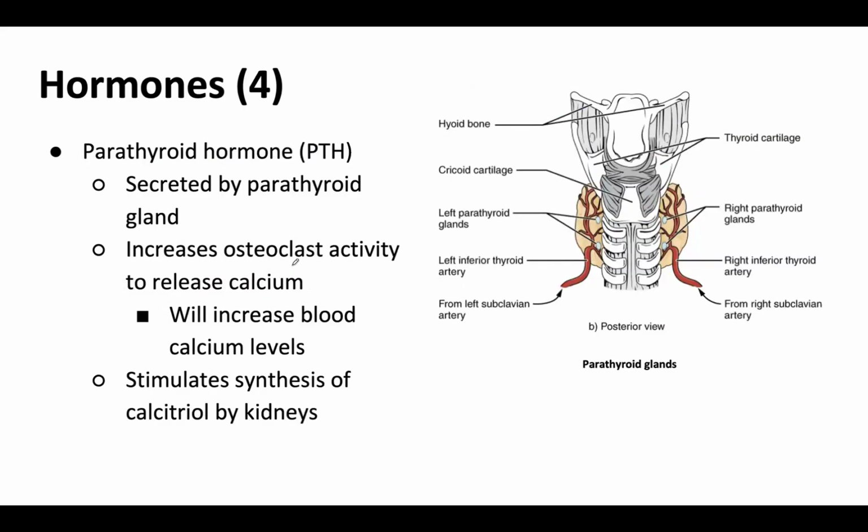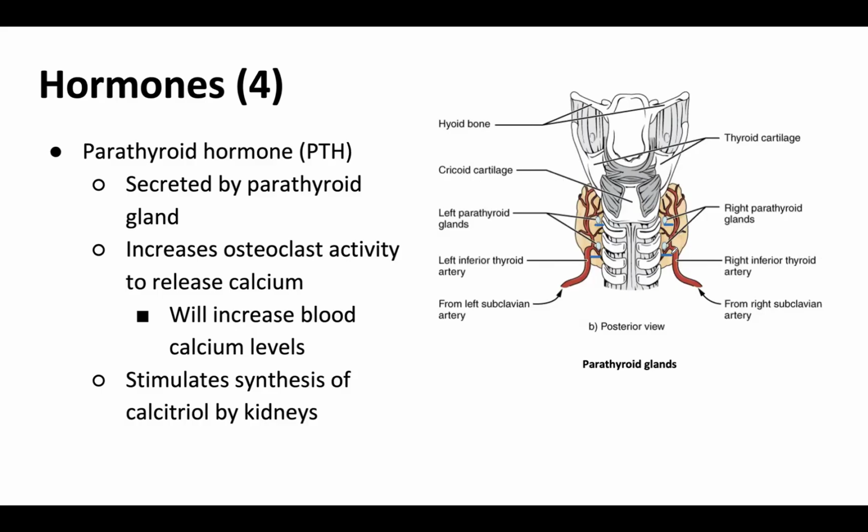There are a neighboring collection of glands to the thyroid gland. They're typically located just posterior, called the parathyroid glands. And generally there's four. There can be more, there can be less. And they're located just on the back of the thyroid gland, or just posterior to them. And for something that's so close, the hormone that's secreted by the parathyroid gland, called the parathyroid hormone, has an opposite effect to those hormones secreted by the thyroid gland. So it's really PTH, or parathyroid hormone, that is the major regulator of blood calcium levels, in addition